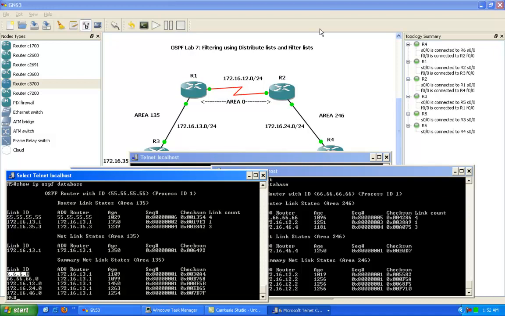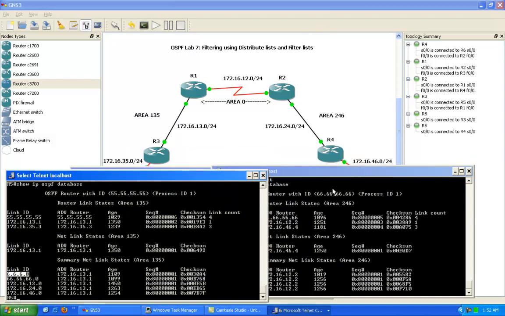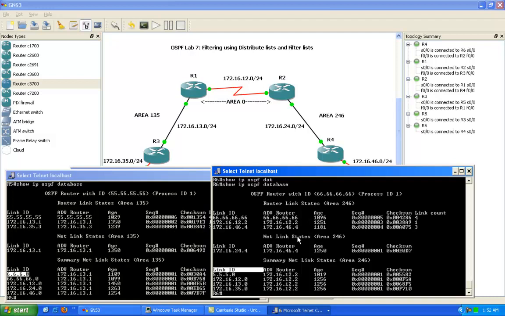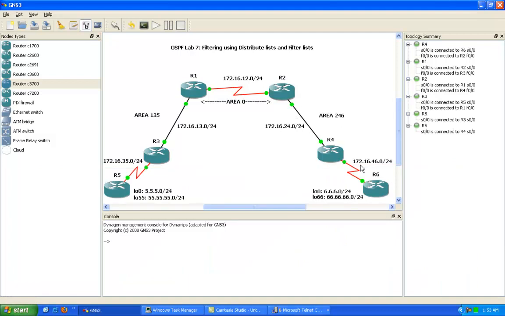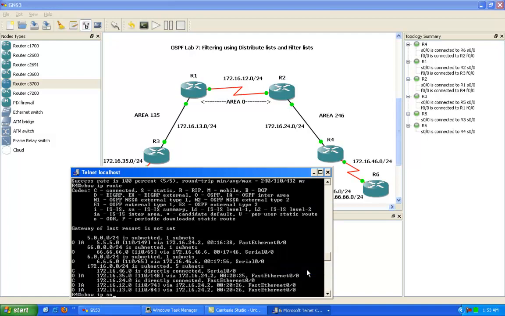Whereas when we're using a filter list, what we have just witnessed is that when applying a filter list here, the network which we are filtering, which is the 55 network on router 5 in area 135, which comes in as LSA type 3 to router 2, it's going to filter this LSA completely out to area 246. So we can see that because on router 4, if we do a show IP OSPF